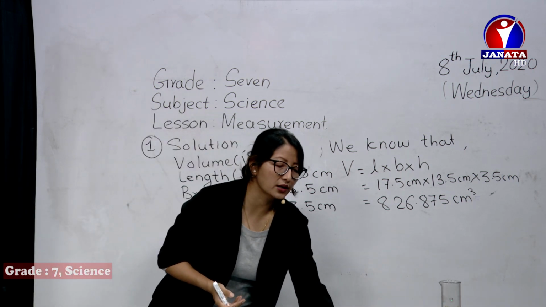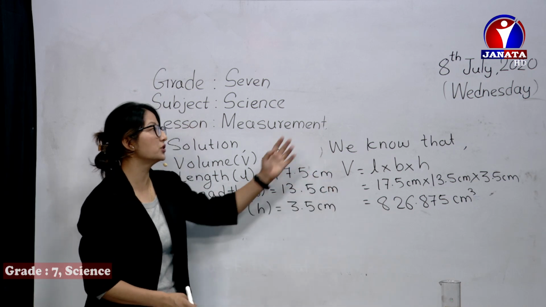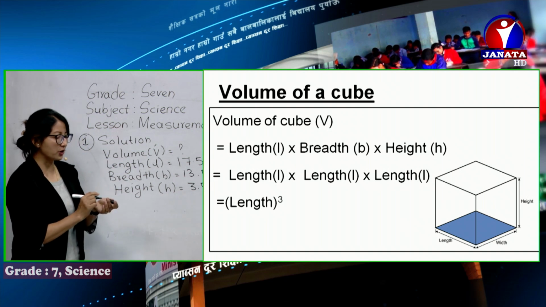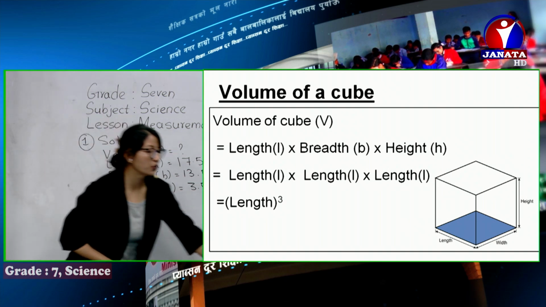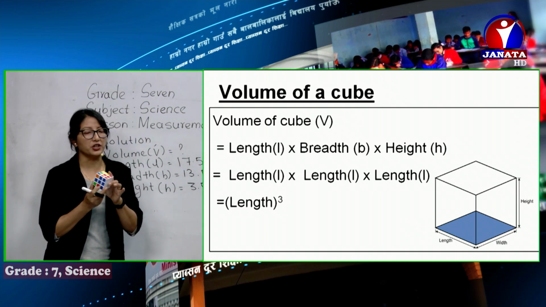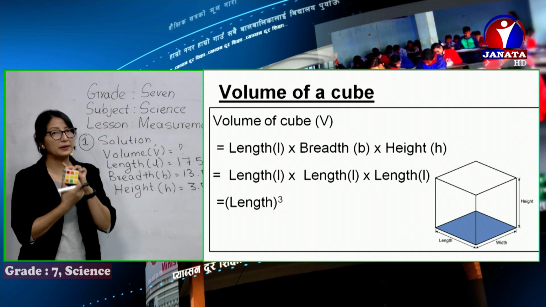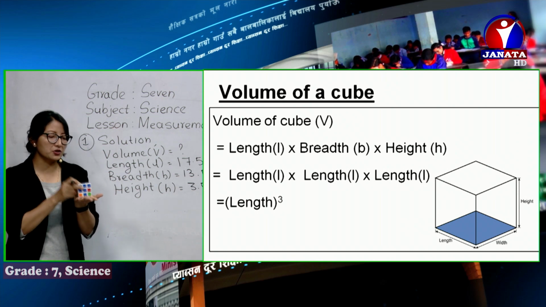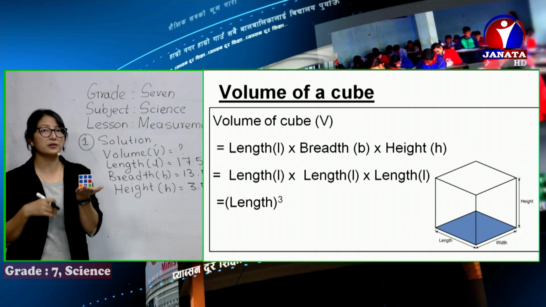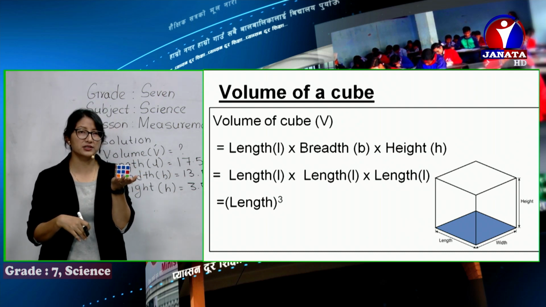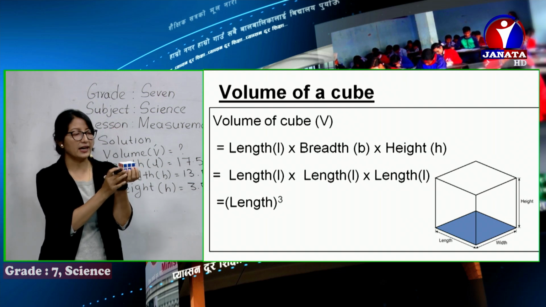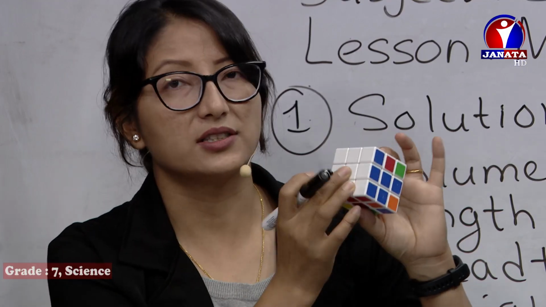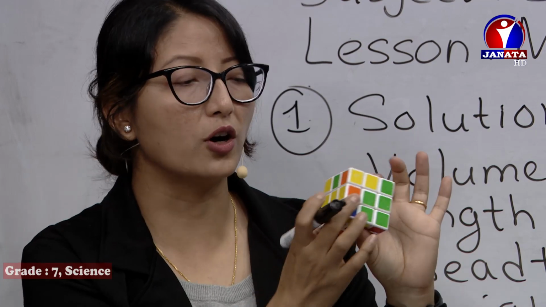Now, what if you have to calculate the volume of a cube? Let's have a short view on the screen. If you have to calculate the volume of a cube, it's also simple. We can simply use the formula. I have a cube over here. You have been playing with Rubik's cubes all the time, and we can measure its volume as well. When we keep it on a surface, we can easily calculate the space occupied. For this, we just need to measure the length. As we all know, all sides are equal, so we can measure any one side, and the same is the length of all 6 sides.